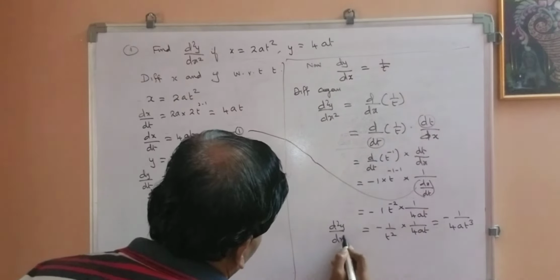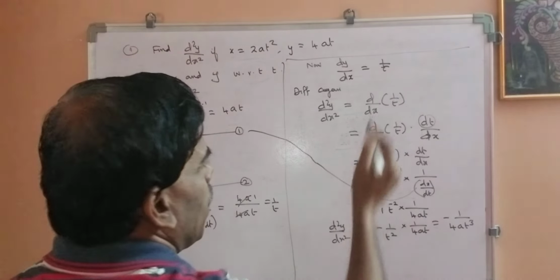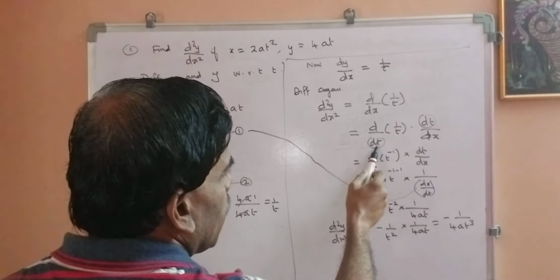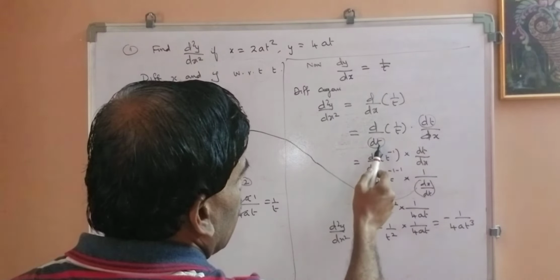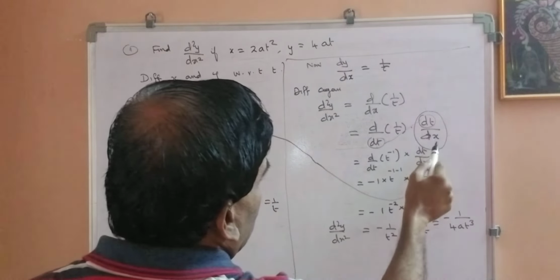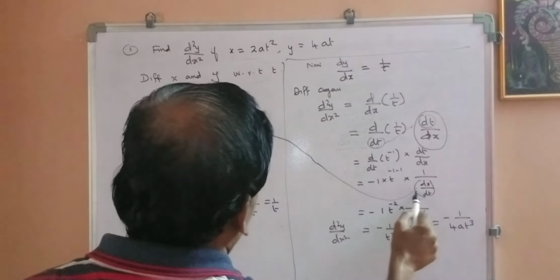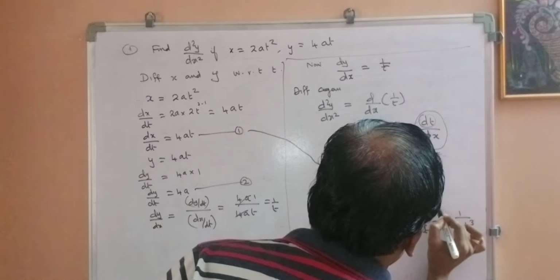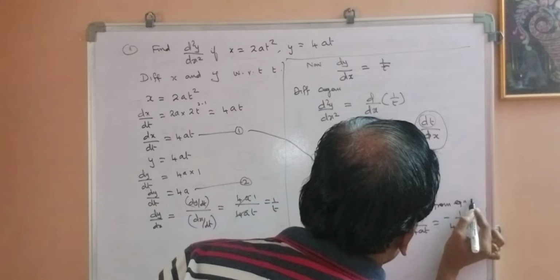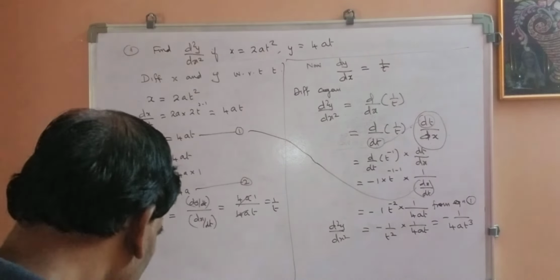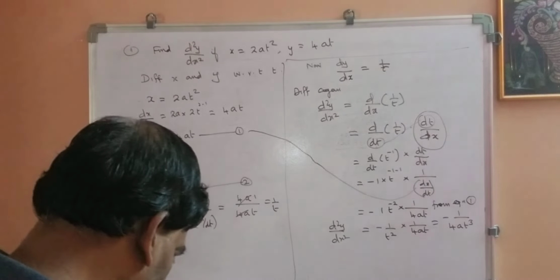Whenever we are finding the second derivative, here the parameter is t. So, we are introducing the chain rule here. dt is there, so I am writing dt instead of dx here. See here. So, this concept is there, but what is the value of this? Here you are putting, so you will be getting it from equation 1. That's all.